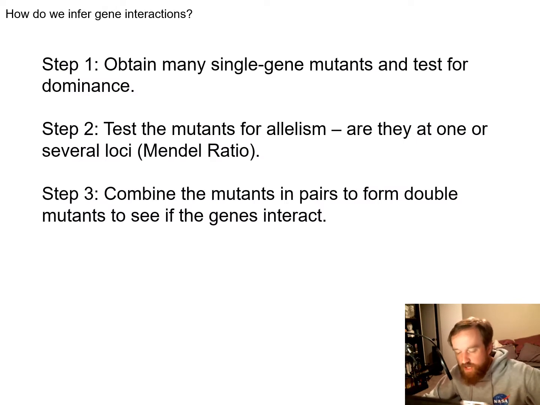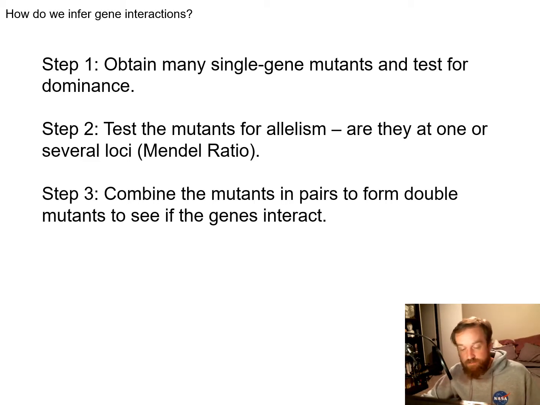So now we're going to move on to gene interactions and how we test or infer gene interactions. We have three steps. The first step is to obtain single gene mutants and test for dominance. We can test these mutants for allelism. So do we see those 3-to-1 ratios, those 9-to-3-to-3-to-1 ratios that we saw from our Mendelian crosses? And then in our third step, we combine the mutants in pairs to form double mutants